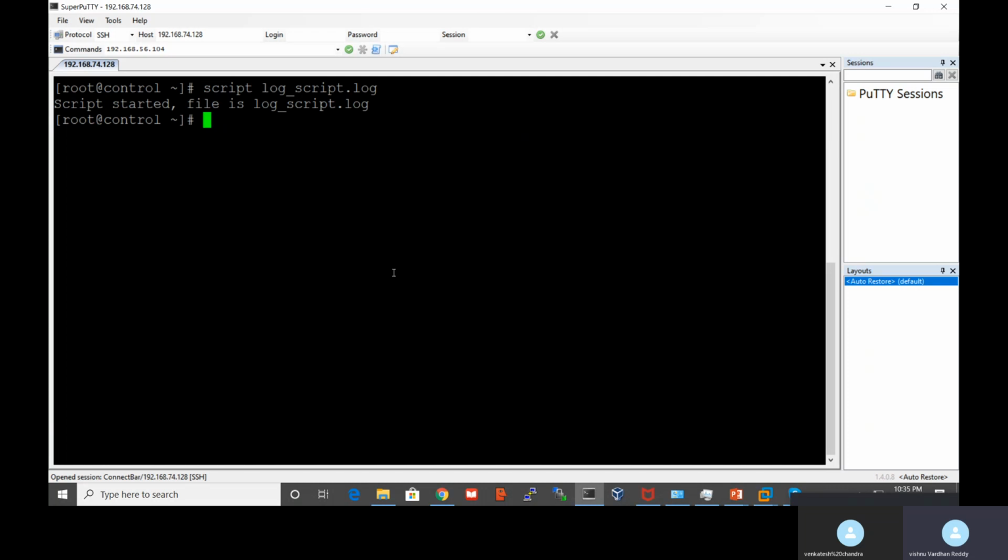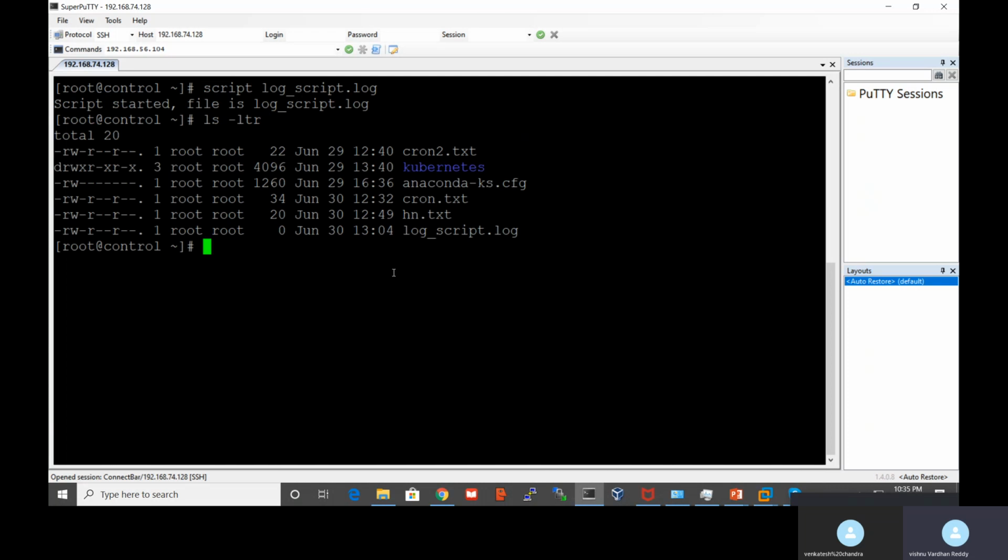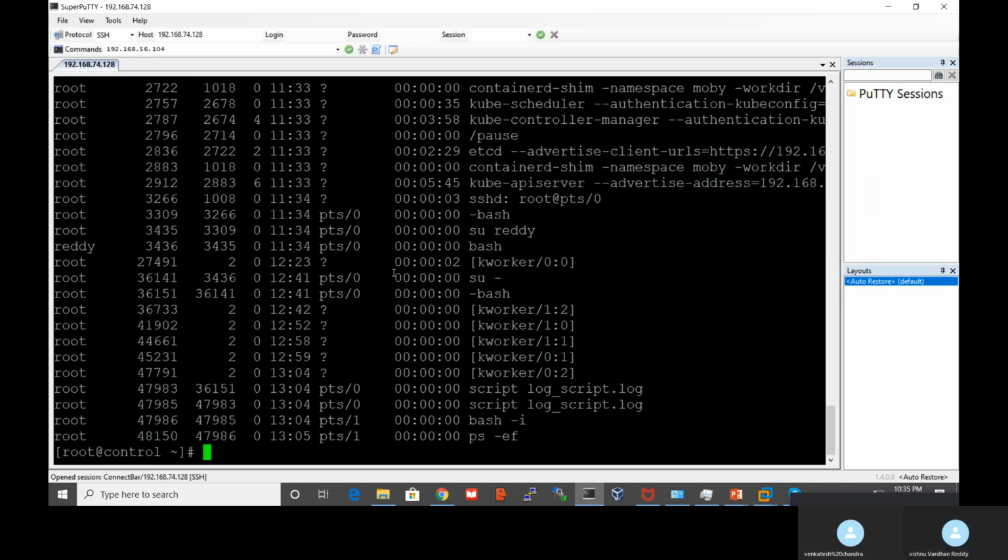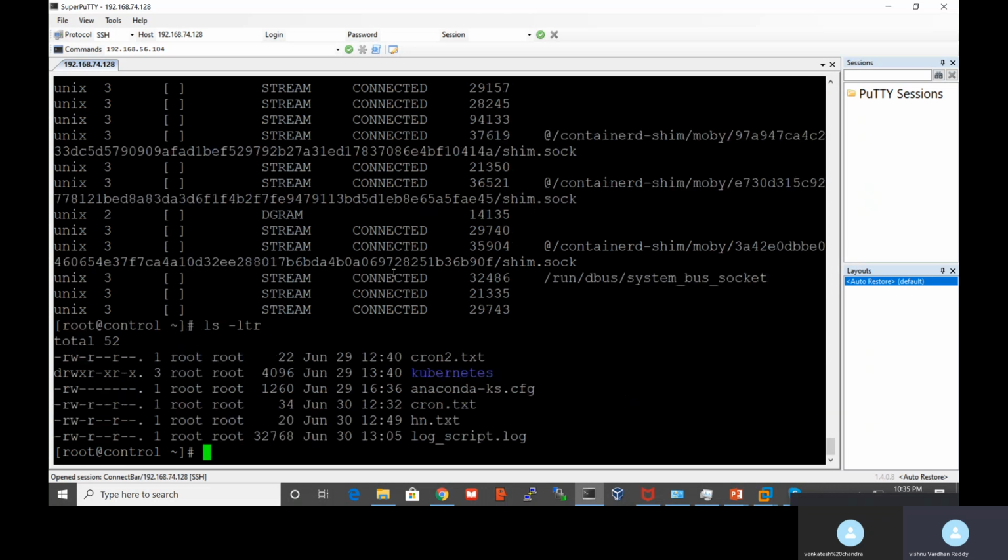File is log. So ls -ltr and then ps -ef, and then netstat, ls -ltr. You can see here the log script file was created. Then check here, this is the size. If I run some commands, then the size will increase.